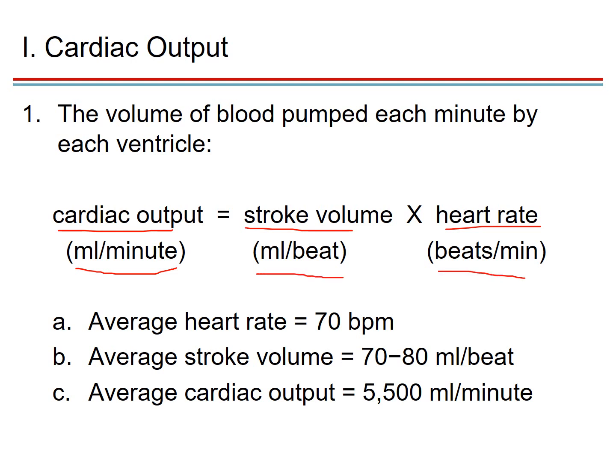When we look at an average person, they have a heart rate of 70 beats per minute. Average stroke volume is between 70 to 80 milliliters per beat. And so the average cardiac output, when you multiply these two, is about 5,500 milliliters per minute. If you remember from chapter 13, the amount of blood that we have is about equivalent to 5 liters. And so that means that it takes about 1 minute for all that blood to circulate